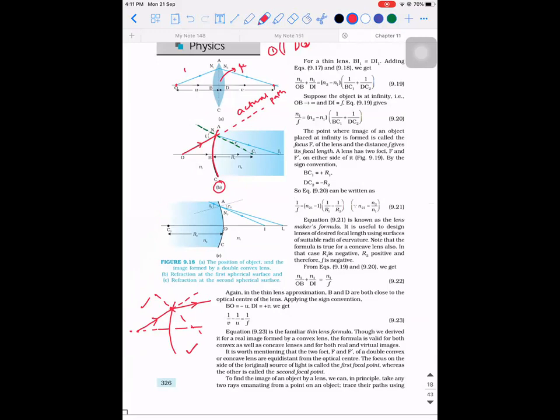So remember one thing: whichever is unknown in this chapter, that unknown should not be given a sign convention. When you're solving a problem, if you have an unknown, that unknown should not be given a sign convention. Are you guys able to understand my point? Yes, sir. Okay. Now see, I'm erasing the bottom diagram. I'm going with the textbook diagram.